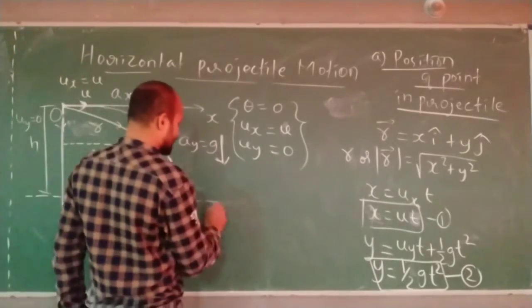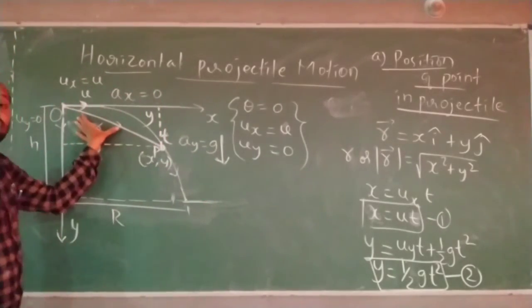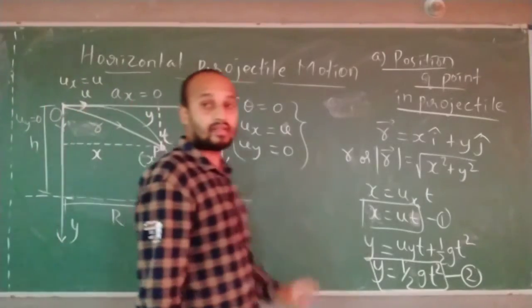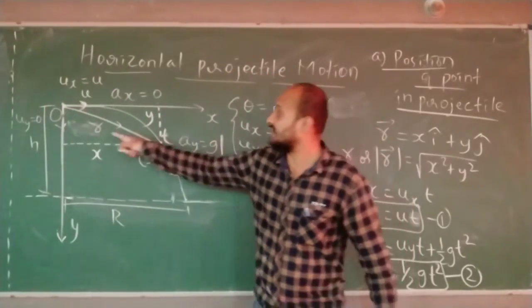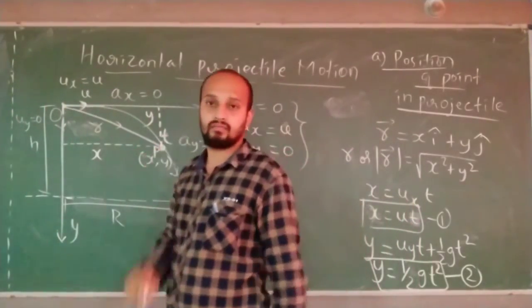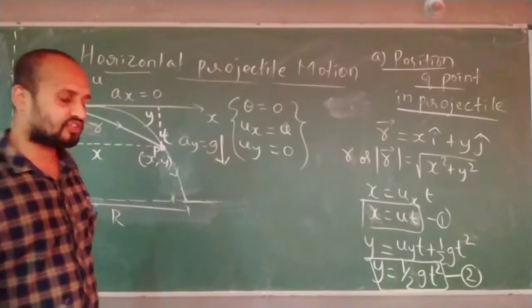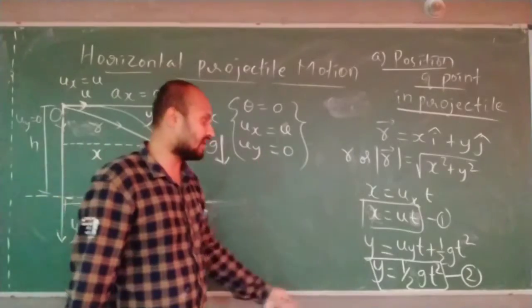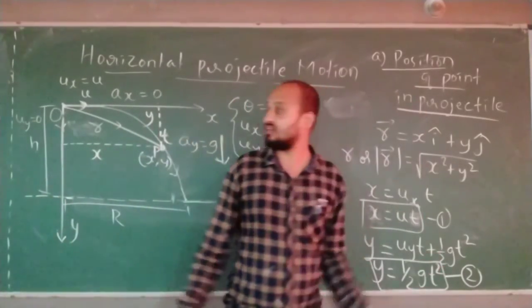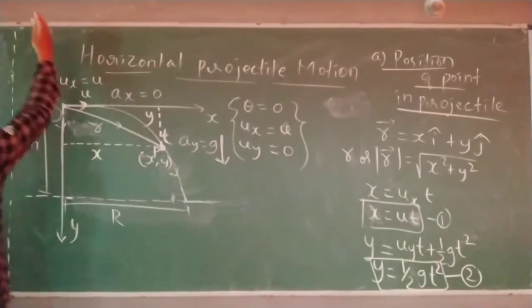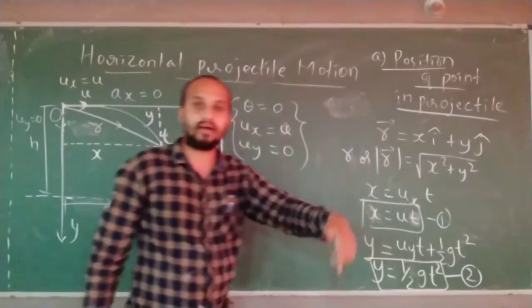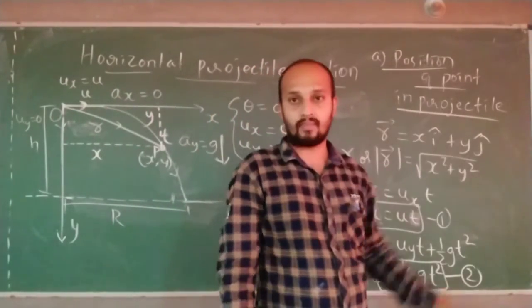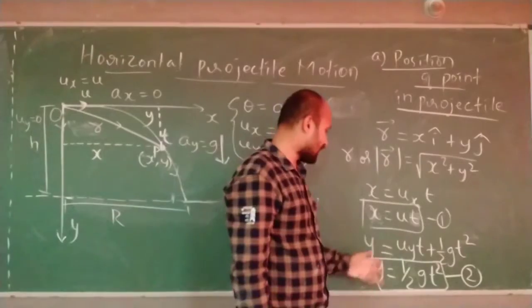Now what is the position vector? What is the length of the line joining the origin to point P? The same thing you can use for oblique projectile motion. There, this will become minus half g t square, because I will be taking upside as positive, the acceleration will be downward, and the object will be moving up first. So only that is the difference.